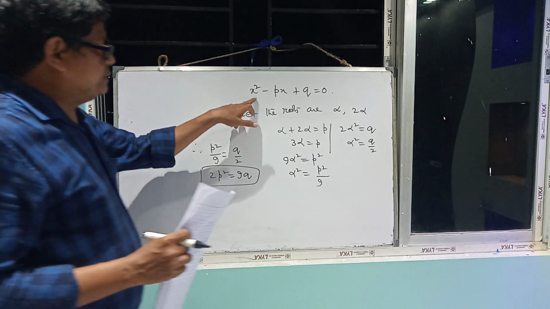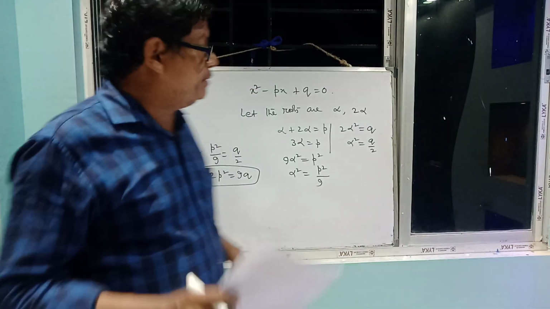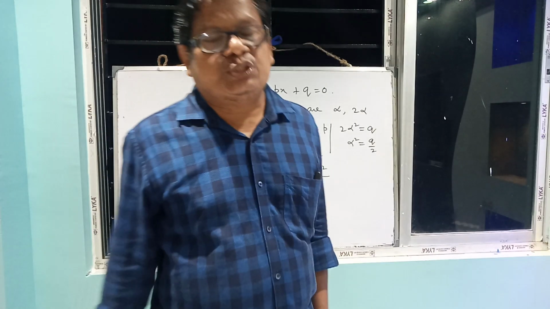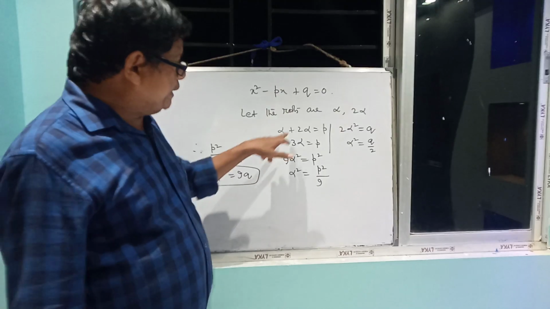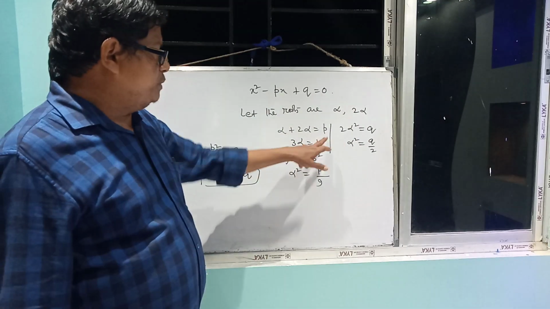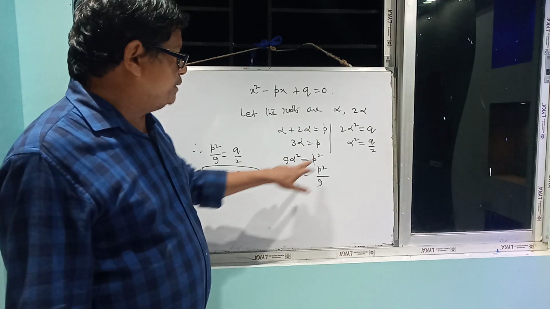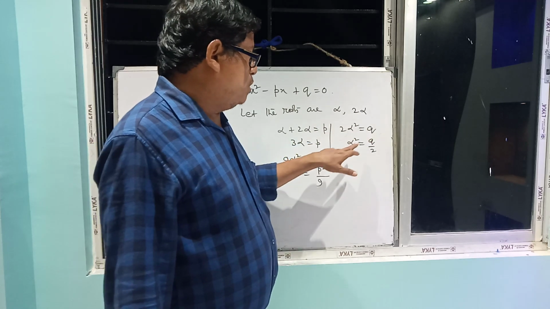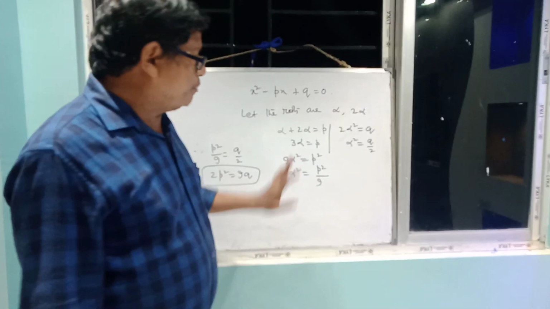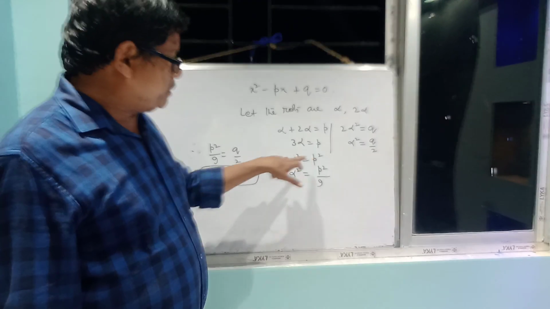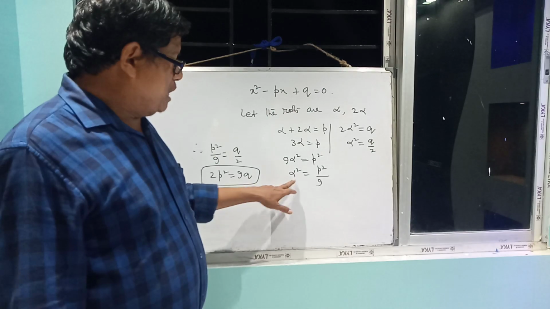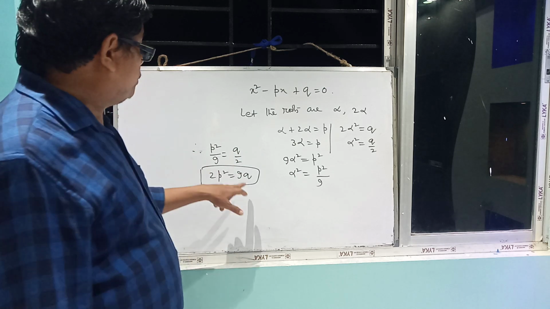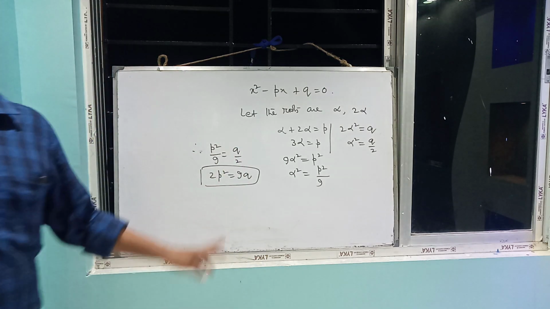Okay, x square minus px plus q equal to 0 is given. Then let the roots be alpha and 2 alpha. The ratio is given, okay, so 1 is to 2 ratio is given. So you can write sum of the roots alpha plus 2 alpha, that is p, 3 alpha equal to p, and the product, so alpha into 2 alpha, that is 2 alpha square equal to q, alpha square is q by 2. Just you put the value here. Squaring both sides, 9 alpha square equal to p square. So alpha square is p square by 9. Just write p square by 9 equal to q by 2, then 2p square equal to 9q. This is the answer. Just you copy first.